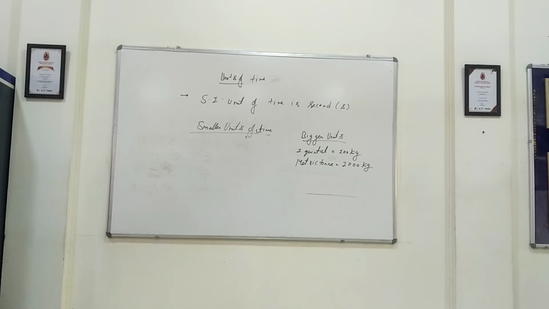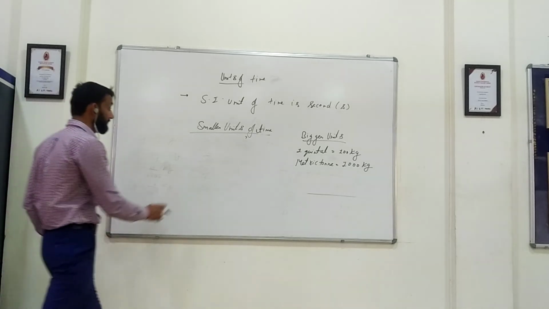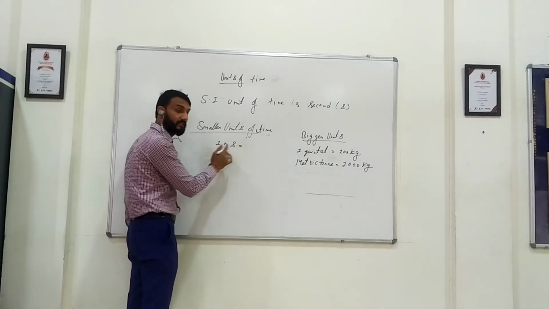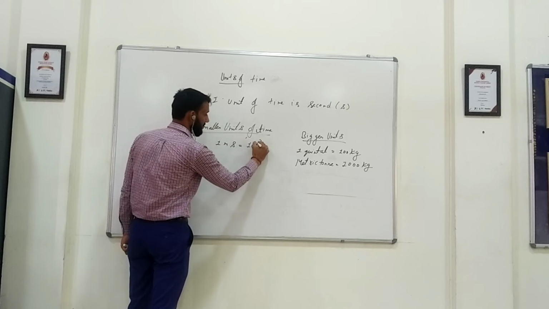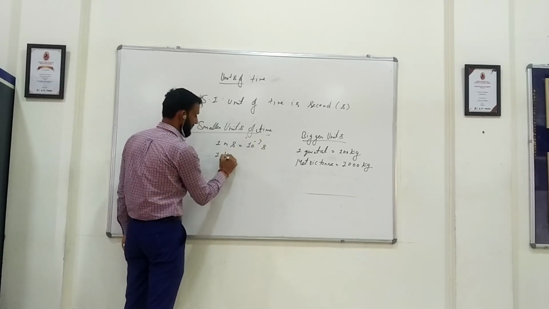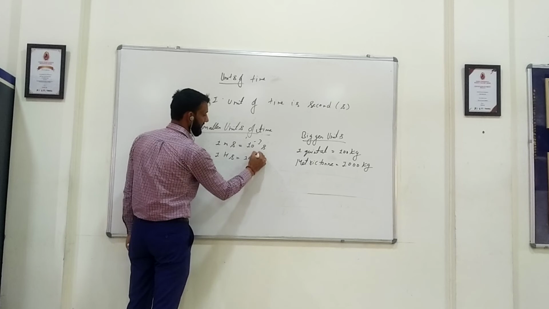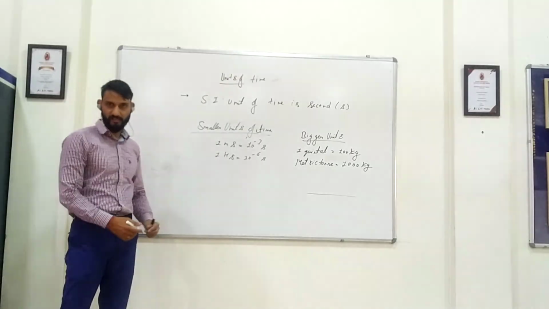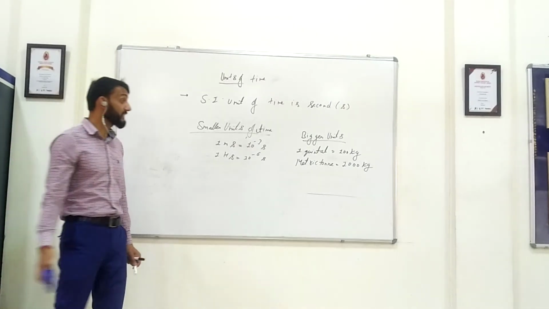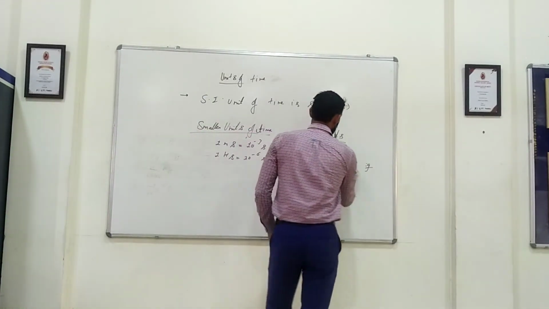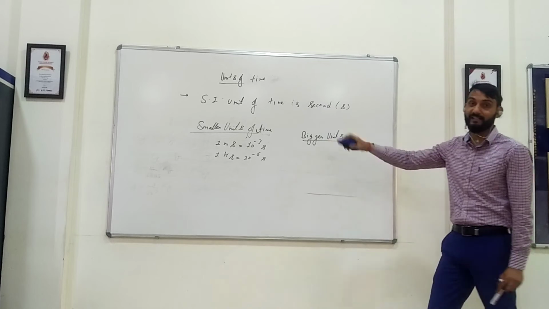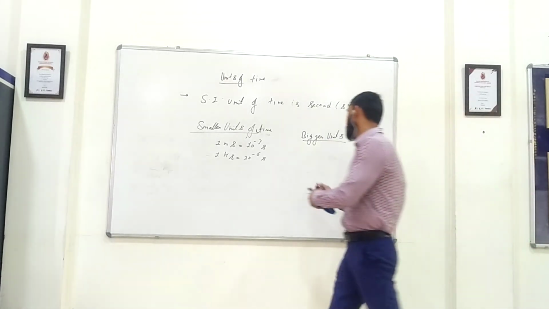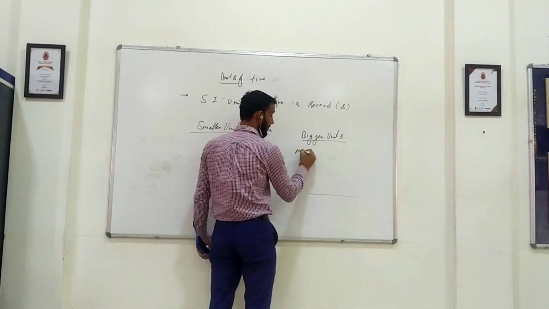so many units can be there for the smaller unit of time. That is 1 millisecond, milli is 10 to the power minus 3 seconds. 1 microsecond is 10 to the power minus 6 seconds. So these are the smaller units. Now when we are talking about the bigger and the smaller units, we are talking in terms of the SI unit, right? So it will be minute.